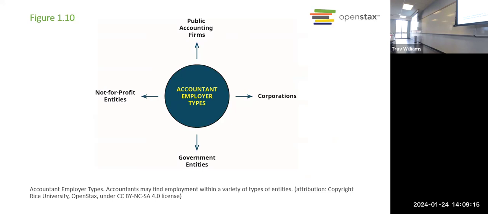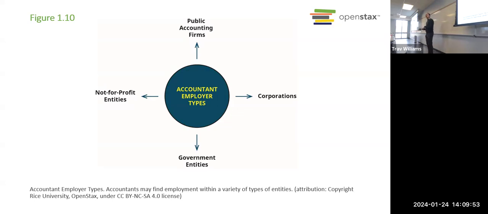You could go to work for one of the big four. Has anybody heard of the big four? Those are the four largest accounting firms in the United States. Public accounting firms. There are smaller ones too. But does anybody know who any of the big four accounting companies are? So it would be Ernst and Young, PricewaterhouseCoopers, KPMG, and what's the other one? Oh, Deloitte. Those are the big four.